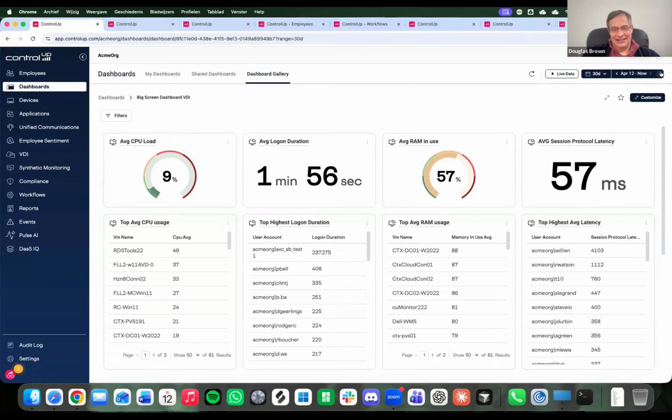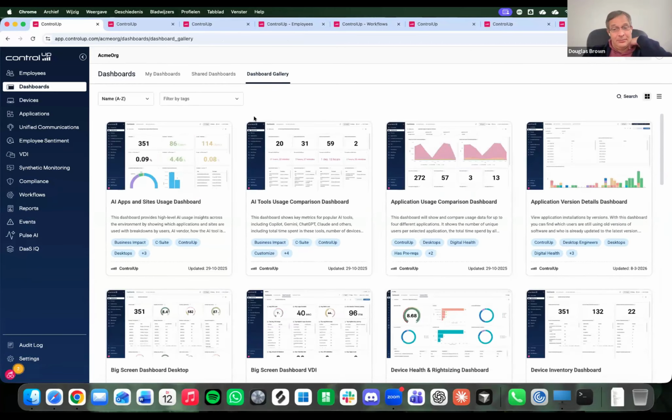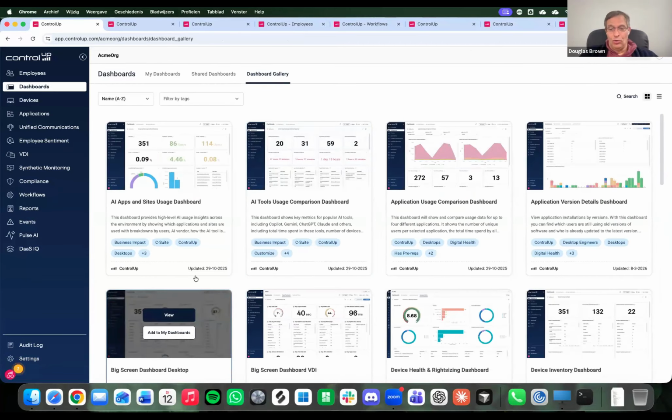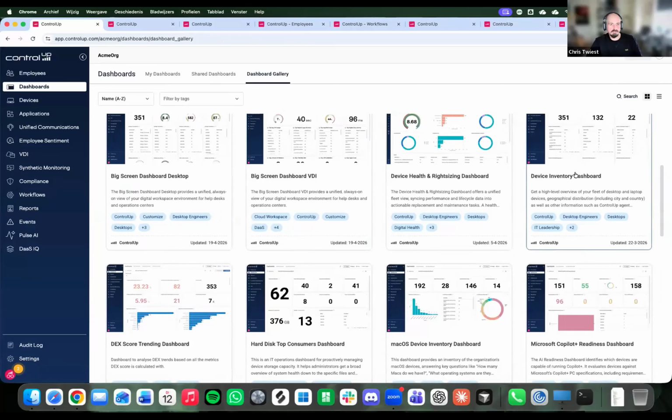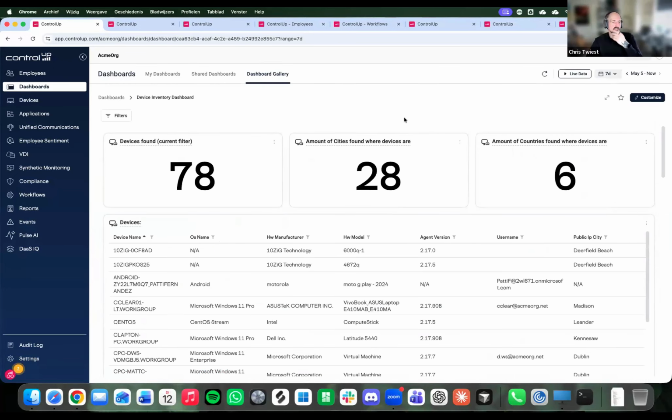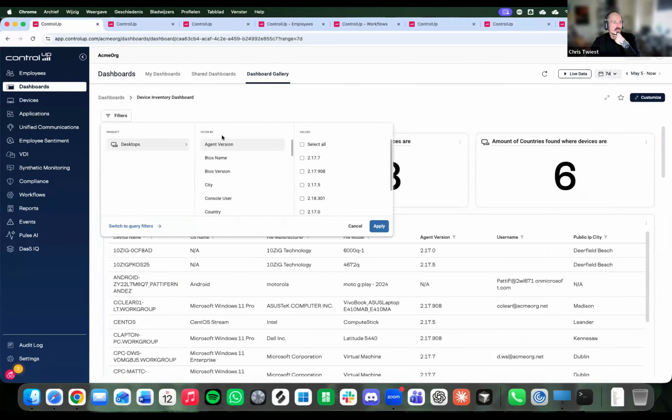Let's see. Can I scope dashboards by site, region, business unit, AD OU, or custom folder structure? Yeah, so that's another good question. So let's go into a device inventory dashboard. So yes, we currently release these filters that have a lot of this built in. So yes, cities, the region you're in, a country, but also we've included departments. So you have departments, and we did include even fields like manager.